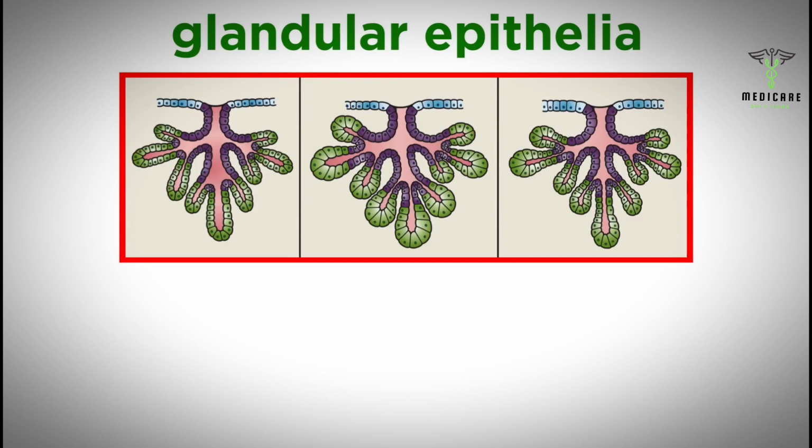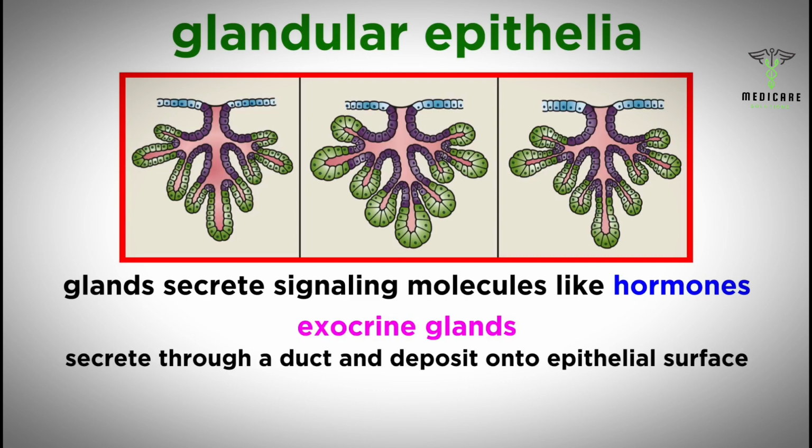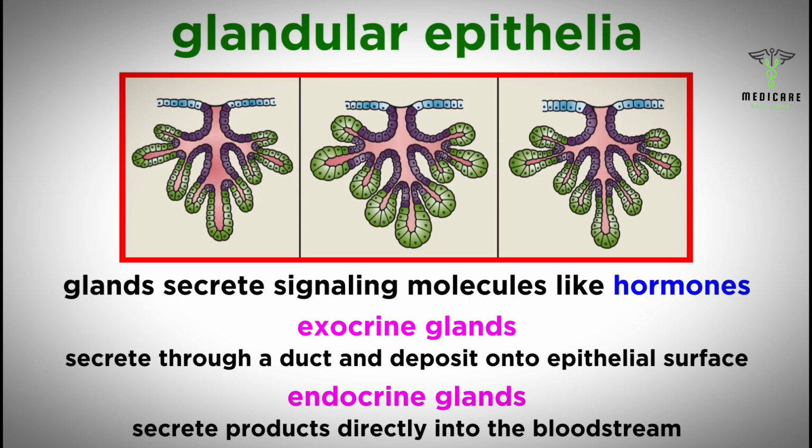Before moving on, we must mention glandular epithelia. These are different from the types we have just mentioned, and they are found in glands, which are collections of one or more cells whose purpose is to generate and secrete specific substances, often signaling molecules like hormones. These glands can be exocrine glands, which produce and secrete substances through a duct onto an epithelial surface, or endocrine glands, which secrete their products directly into the blood. We will talk about the endocrine system later in the series, as well as a variety of exocrine glands as